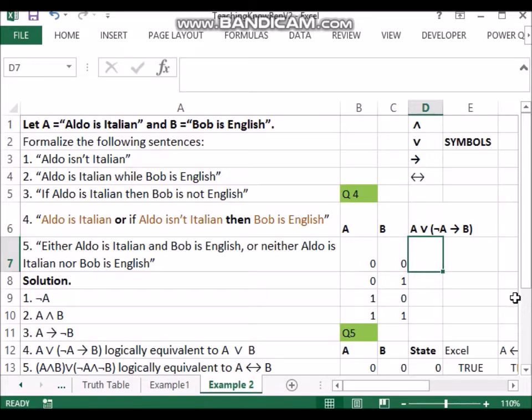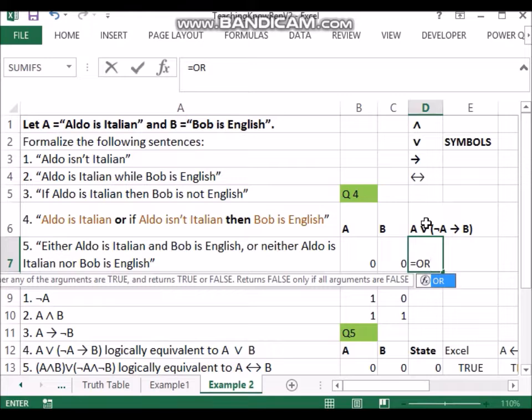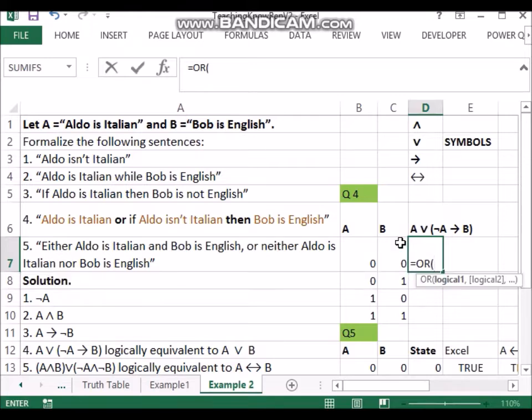So if you understand this part, I think you will overall understand what's happening here. How do you say A? We simply select this cell B7. So we will say the symbol is OR. The first symbol which you're using in between is OR. So we'll say is equal to OR, brackets open, and we click A, that is this cell, comma. Now we need to say the whole thing, the bracket part.